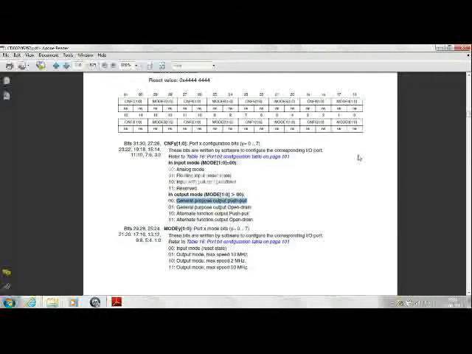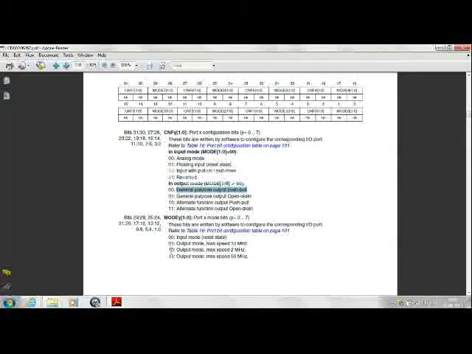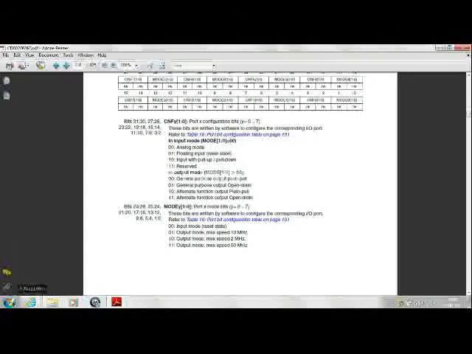When mode is greater than 0, it implies that the port pin will now act as an output pin, and programming or configuring these mode bits as 01, 10 or 11 will allow the output mode to be max clocked at 10 MHz, 2 MHz and 50 MHz respectively. Now, keeping this in mind, what I like to follow is we'll look into the registers one by one and correspondingly set these values in the code.